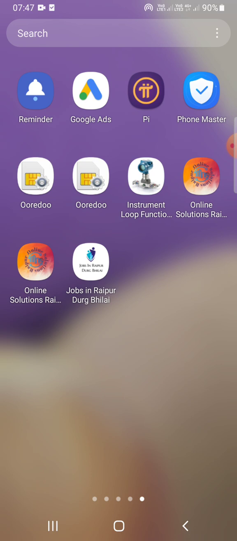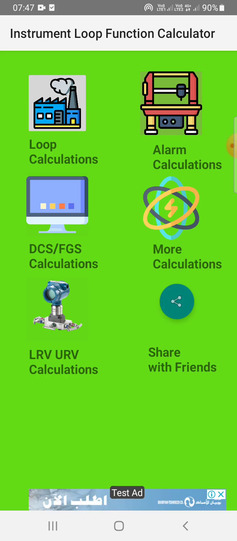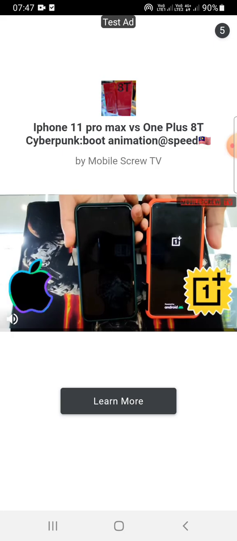So I have already installed this app on my device, and we'll see. Let's open it. So when we open it, we see, I have provided